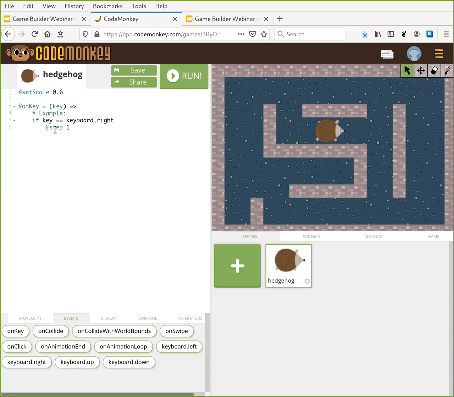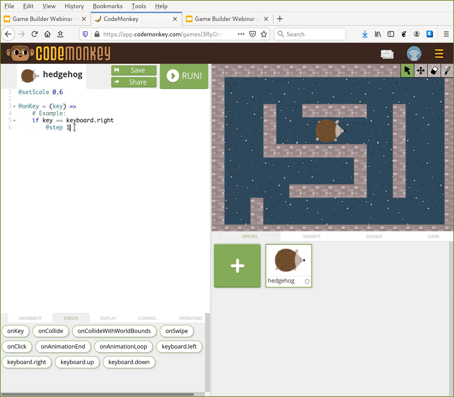Right now it says step 1, which would tell the hedgehog to take 1 step forward. We're actually going to need to change that, because we want to write this so that it controls the hedgehog to go in any of the 4 directions, which means the first thing we need to do when a keyboard key is pressed is face the right direction.